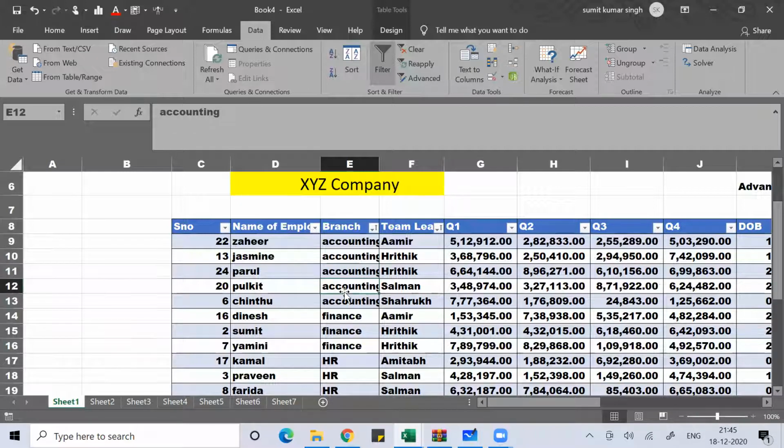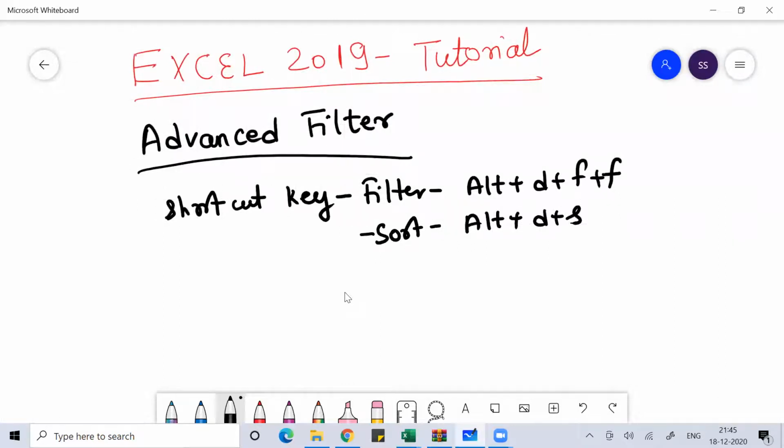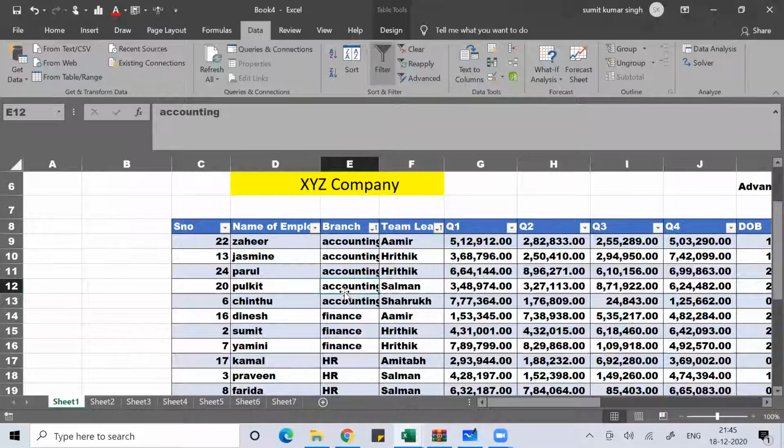The shortcut key to do Advanced Filter is Alt AQ. So put your cursor within the table where the data is, then press Alt AQ.